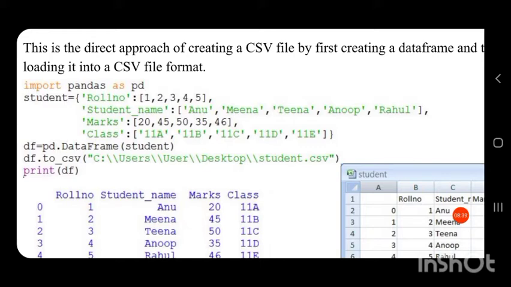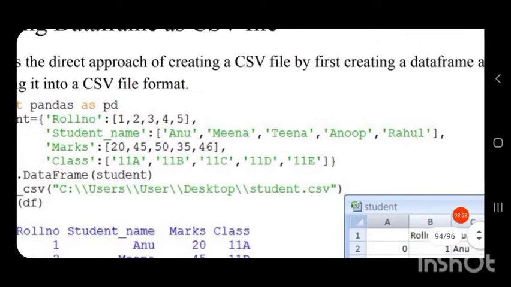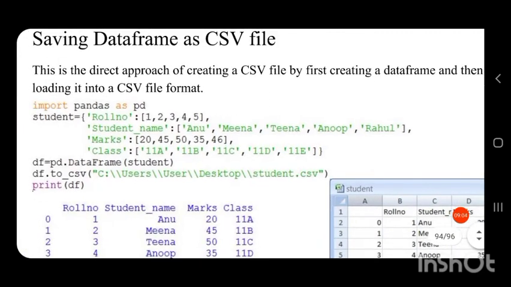Values are given as a list. Then another key, marks, colon, its corresponding values. Then another key, class, colon, its corresponding values. Since class is represented along with the division section, it is represented as a string, so it is enclosed in single quotes.